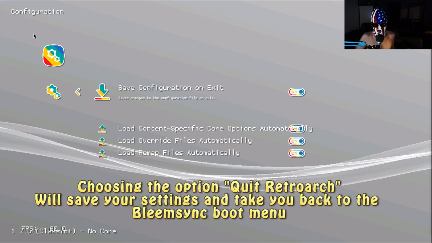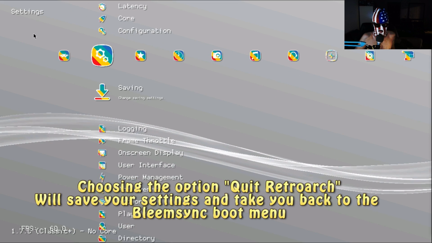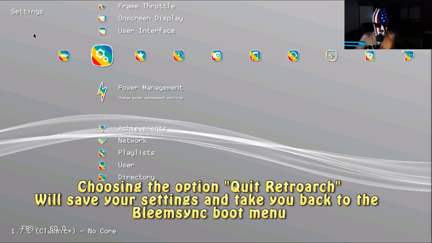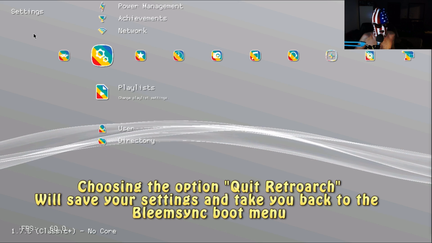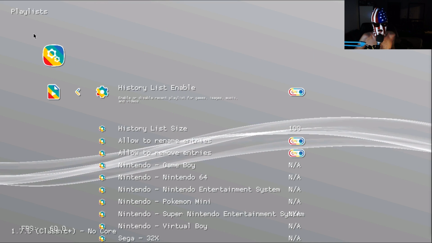Now, it hasn't been saving the configuration, although save configuration on exit is enabled. But maybe I've just been turning it off improperly. I don't really know. For playlists here,